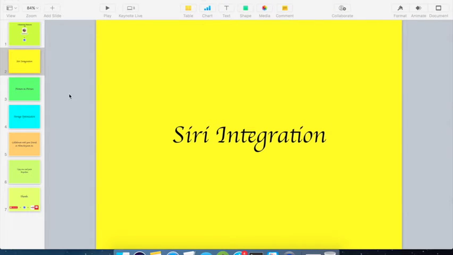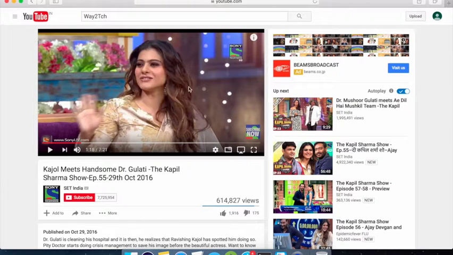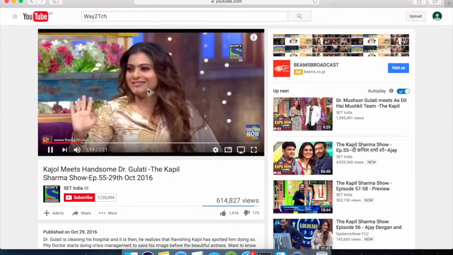So moving on to the next feature, picture in picture. This feature is very useful and looks great. This feature is first of its kind on the Mac systems. It enables the users to pop the YouTube video out and move it around on the screen, and the user can simultaneously do their own work also. This sounds cool, isn't it? So let's check it out. You have to open a browser. I've opened Safari browser. You have to open YouTube and open any video, play it.